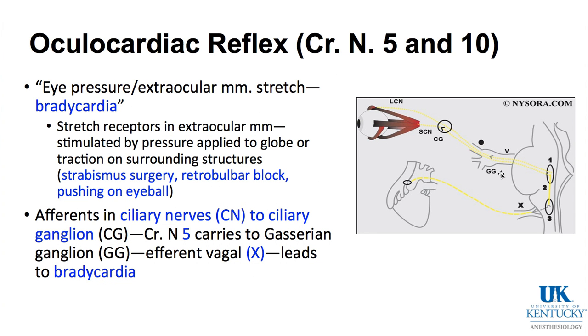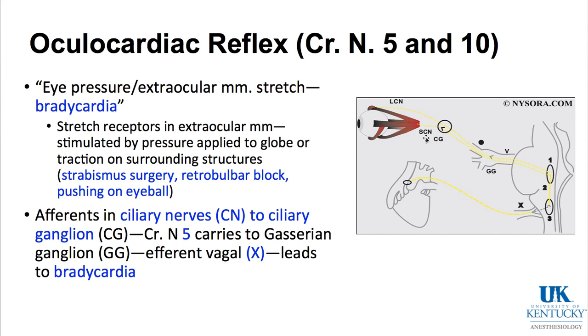The last reflex to be talked about is oculocardiac reflex, cranial nerve 5 trigeminal and 10 vagus. Any pressure on the eyeball or stretching of the extraocular muscles can result in bradycardia. And the graphic on the far right shows how this can occur. If, for example, you have a patient who's undergoing strabismus surgery, maybe you're putting a retrobulbar block in and injecting local anesthetic in the back of the eye, pushing on the eyeball, any of those can stimulate